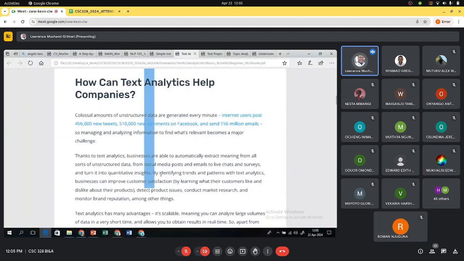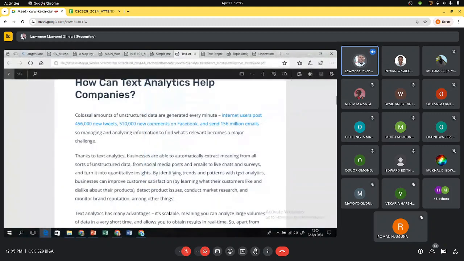So you can say that by identifying trends and patterns with text analytics, businesses can improve what? Things like customer satisfaction. For example, what they like and dislike about their products. They can detect issues, conduct market research, monitor brand reputations, among other things. But to help you answer such a question, you remember